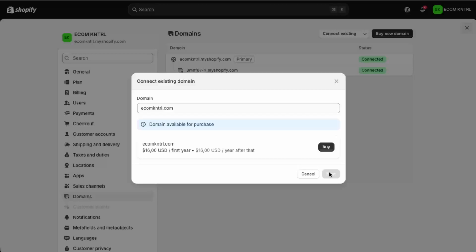exactly as Shopify specifies. When you're done, return to the domain section in Shopify and click to verify the records. It might take a little time for DNS changes to propagate, but once verified, your domain will be successfully connected